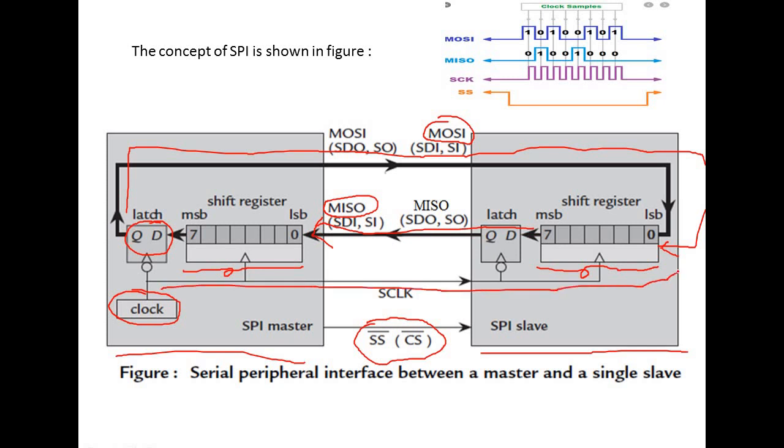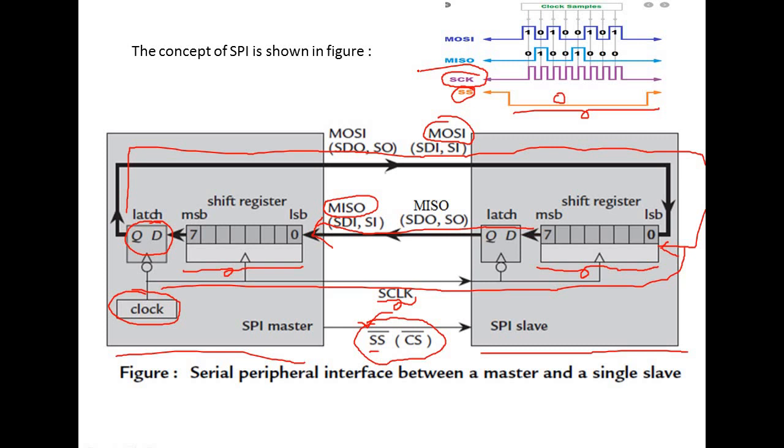And to begin SPI communication, the master must send the clock signal and select the slave by enabling the slave selection signal. Usually, the slave selection is an active low signal. See here, it is an active low signal. Hence, the master must send logic 0 on this signal to select the slave. Remember one thing. In SPI, the data transmission between the master and slave depends upon the clock signal, which is generated by the master.